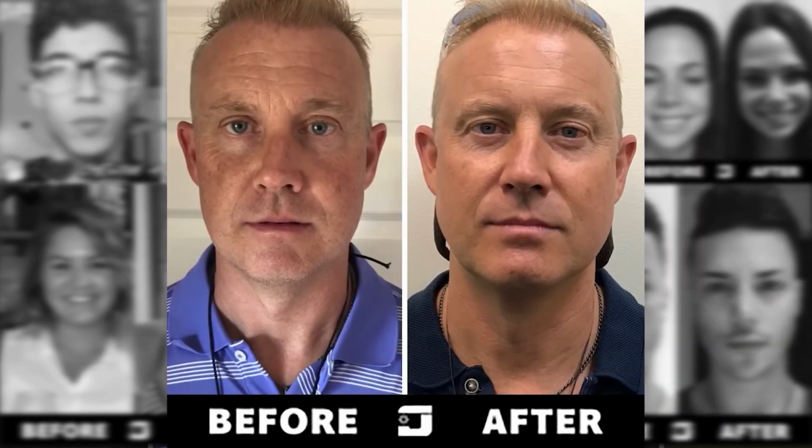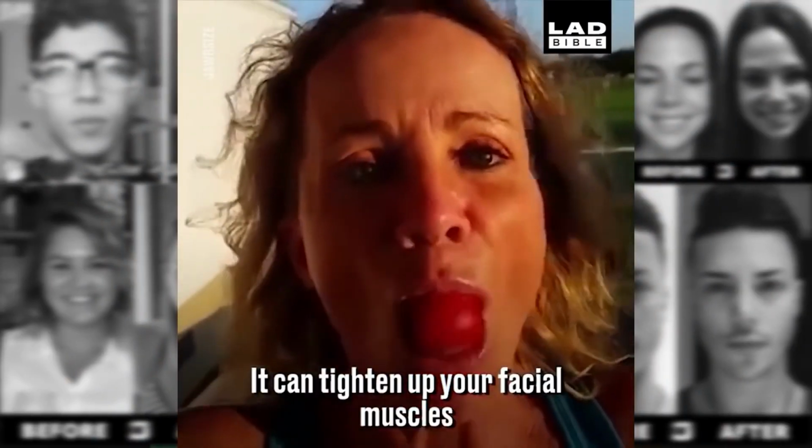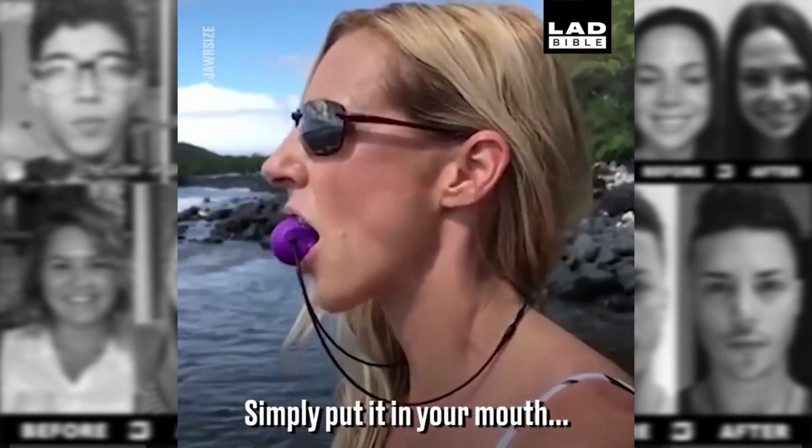So what I believe he has stumbled upon here is a massive discovery. If you think about it, there's a piece of fitness equipment for every other part of your body, right? And why isn't there one yet for the face? And now that there is, it totally makes sense. When you work something out, you bring in blood flow, you strengthen things. Over time, collagen reproduction drops, things start